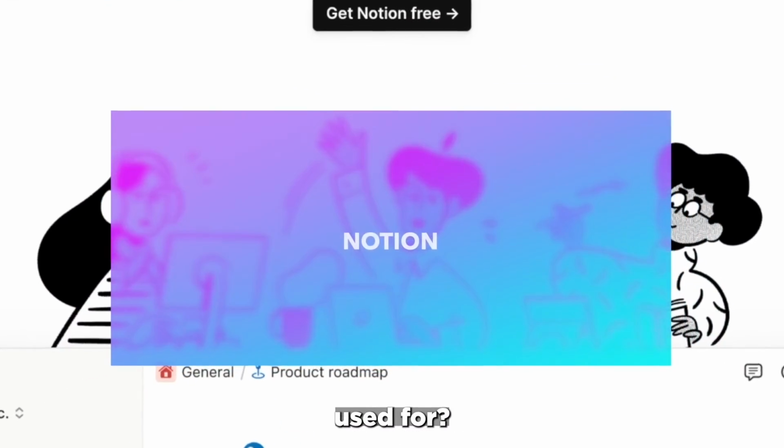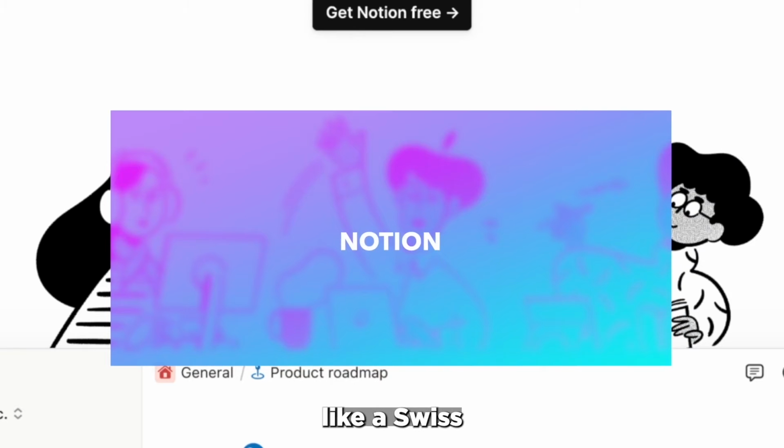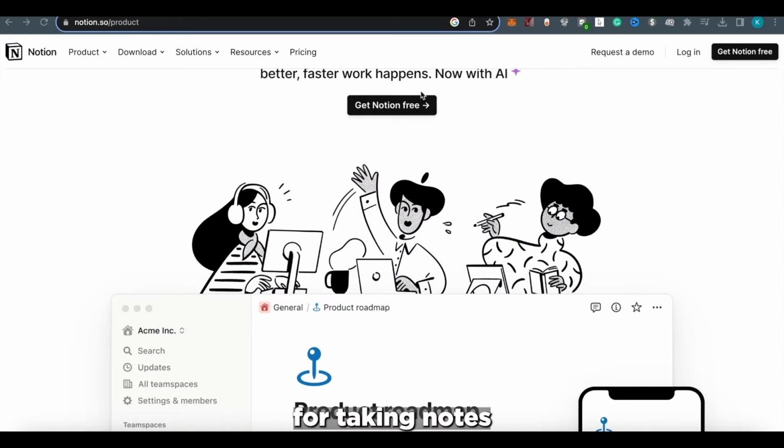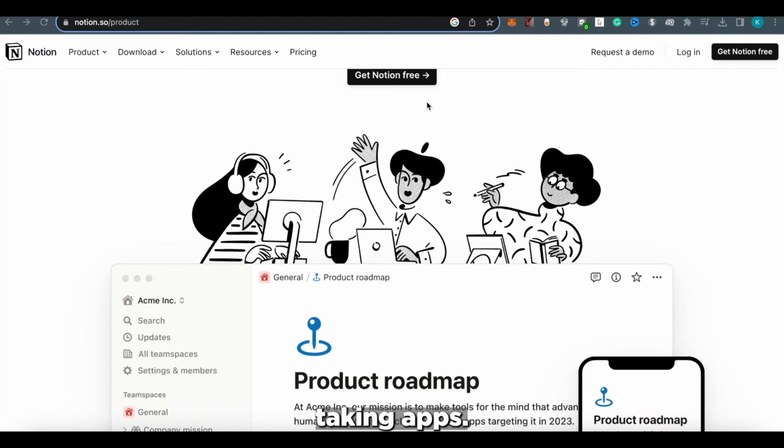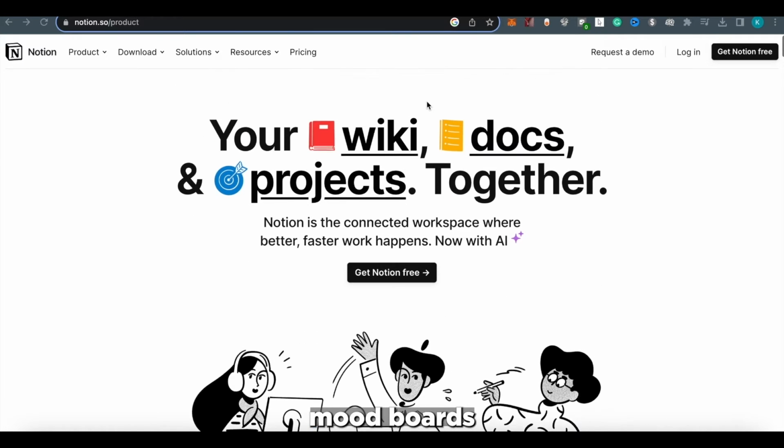So what is Notion used for? Notion is like a Swiss almanac. It's fantastic for taking notes and organizing ideas, just like other note-taking apps. But it's much more than that. With Notion, you can take notes, track your progress, create mood boards for art projects, and keep all your project